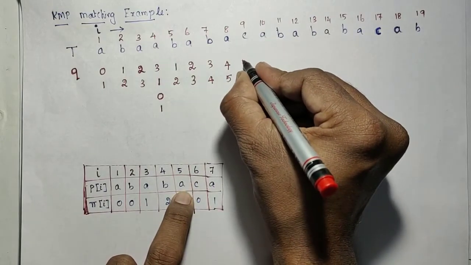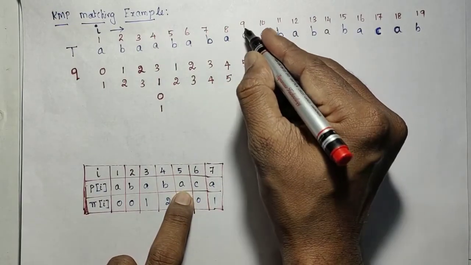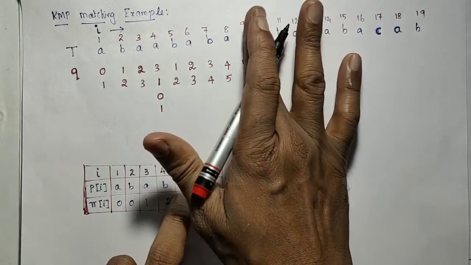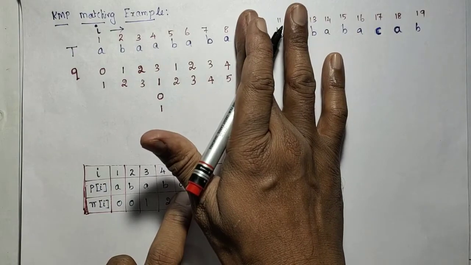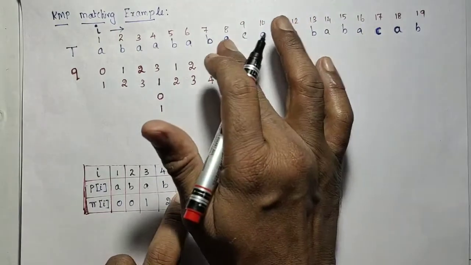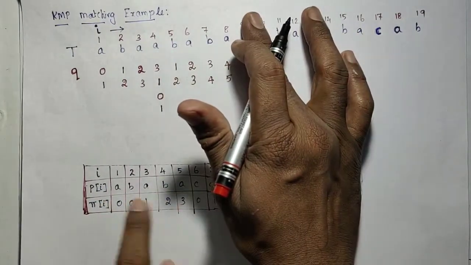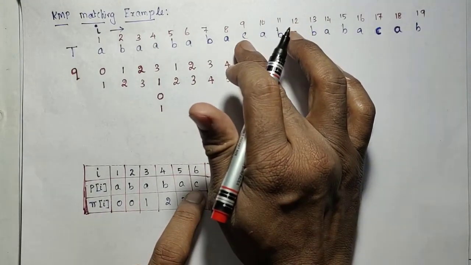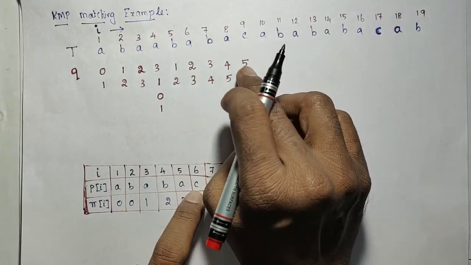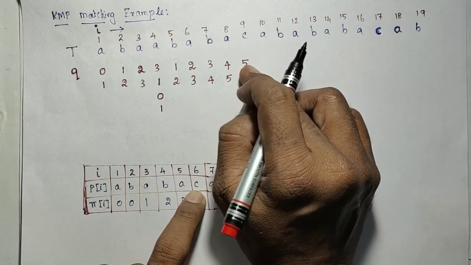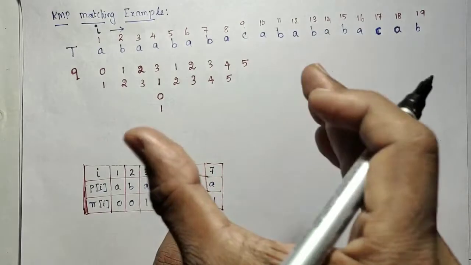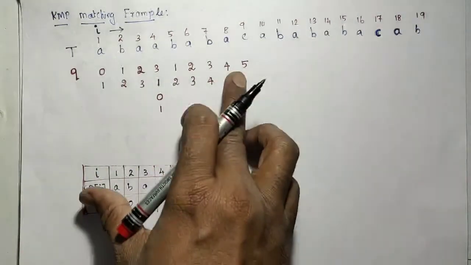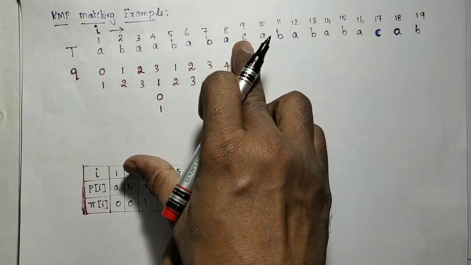Here the initial value is 5. For i equal to 9, the initial Q value will be 5. It means that up to the 8 characters, the last 5 characters match with the pattern. So I need to go to the 6th character, C, with this current character. So at the beginning of each iteration, Q represents how many of the last characters match with the pattern. So we need to compare the current character with what?